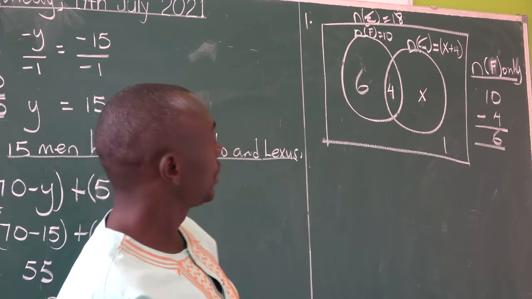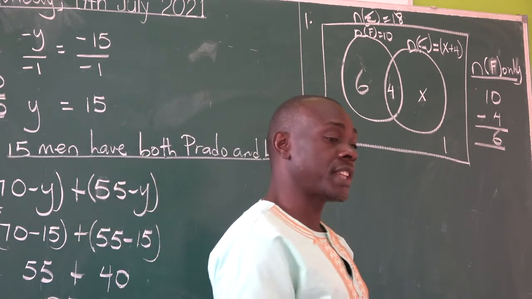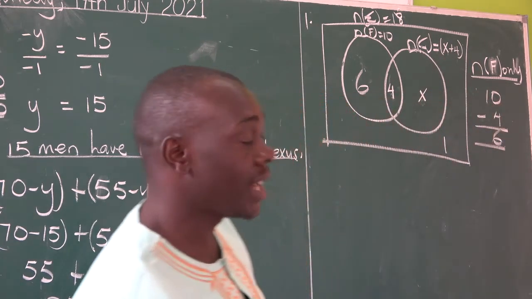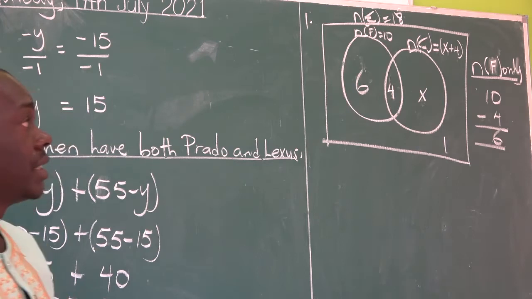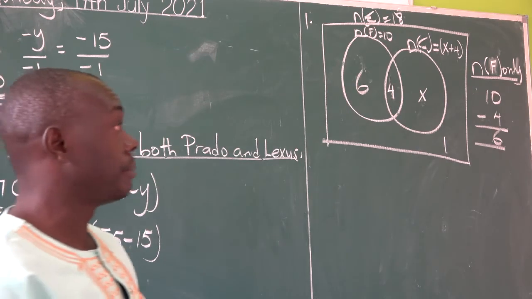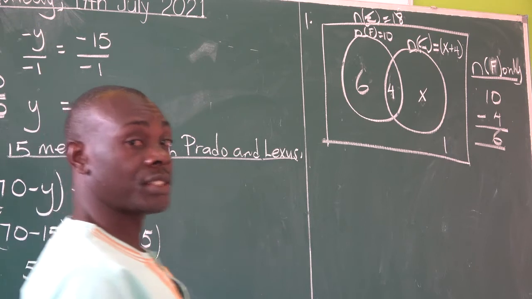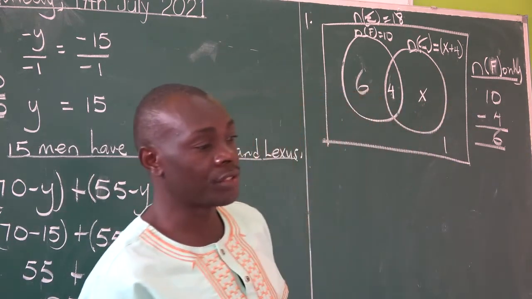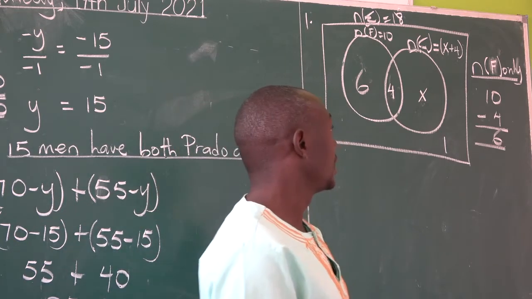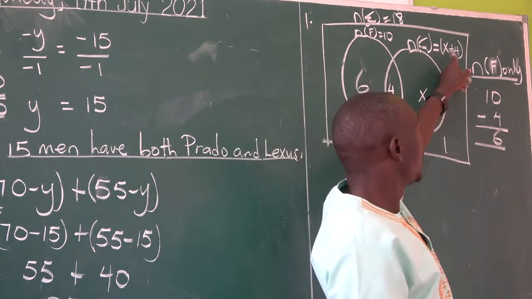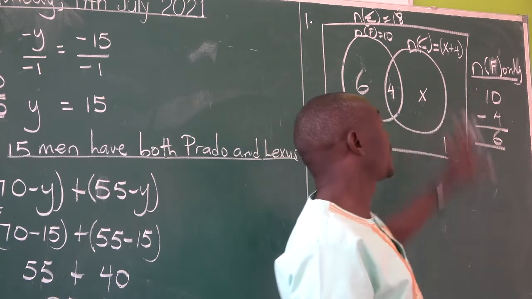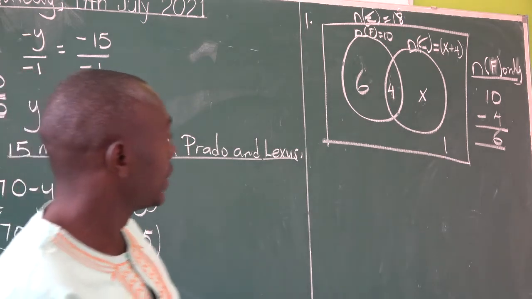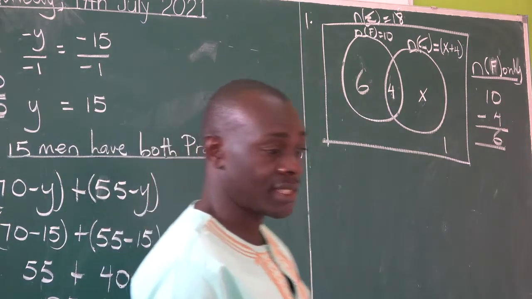So X plus 4 is not the same as 4X. 4X means 4 times X. This is X plus 4. They will never be added. Unlike terms can be multiplied or divided, but can never be subtracted or added to get a single answer. So X plus 4 remains X plus 4. Never should you say you have multiplied; this is by addition, please. X plus 4 or 4 plus X, leave it like that. And in so doing, you will have represented that information in a Venn diagram, because every sector is served.